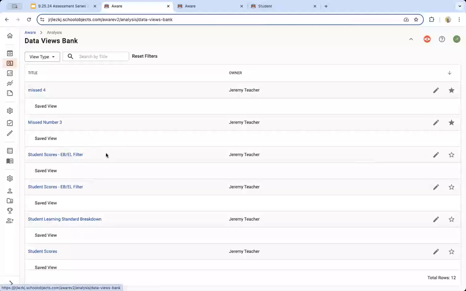And you can see some of the others we've used just through demonstration. So as you can see, Quick Views has an absolute massive potential for you to dig into the data in really meaningful ways and bring this data to conversations with your administrators, or for administrators to bring it to teachers, or for teachers to bring it to PLCs. And you can start to identify kids in a very specific and very intentional way.